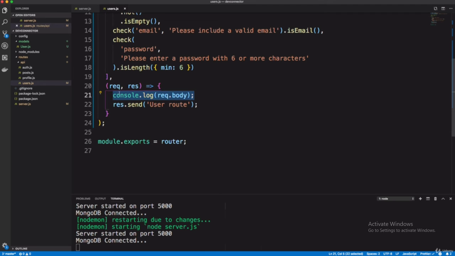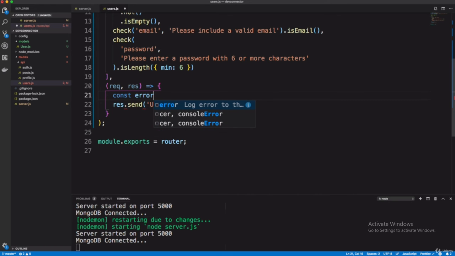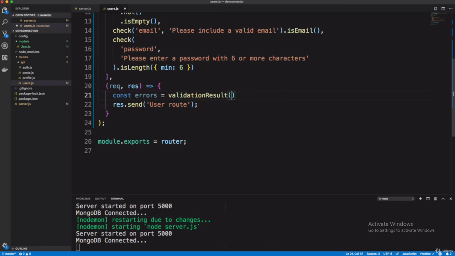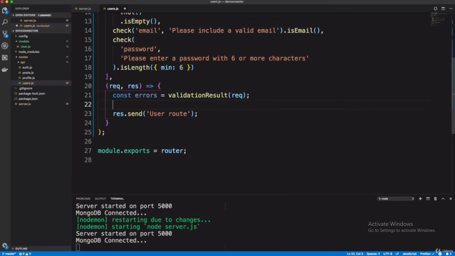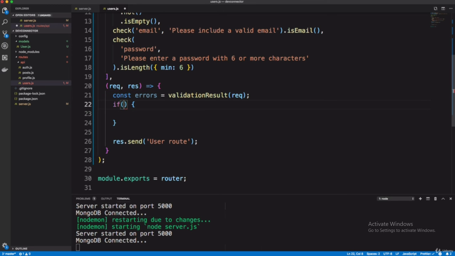Now the next thing is, you should not console it. You have to destructure all the values from the registration page. Before that, you should show your errors. If any kind of error relates to your validation, it will show here.